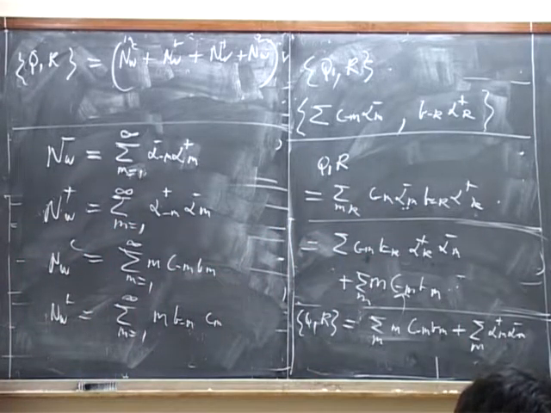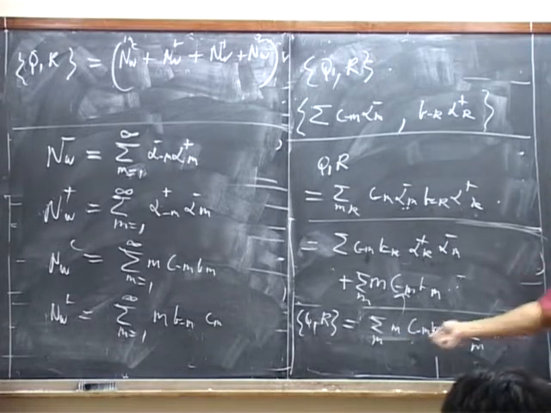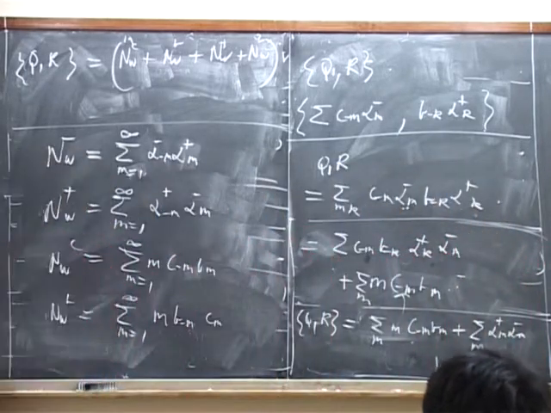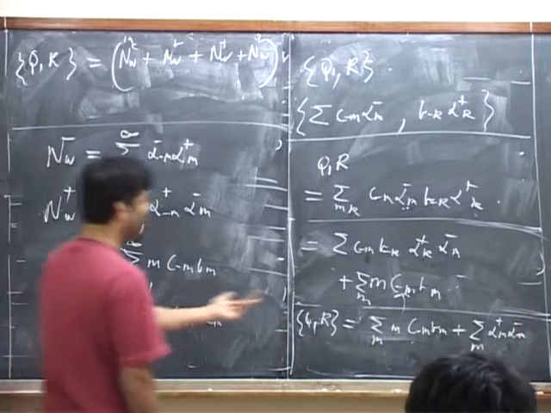Is this clear? I'm taking each of these two terms and breaking them up into the parts where M is positive and the parts where M is negative. Alpha minus seems to have gone on the other side. Sorry, say so N minus, the alpha minus has come. Which side? These things.